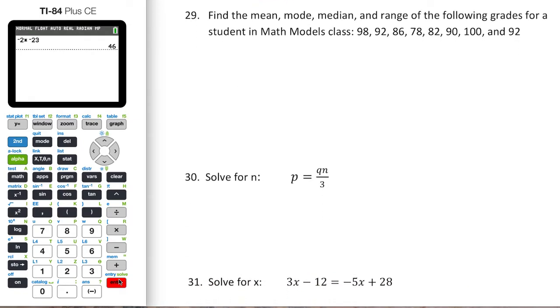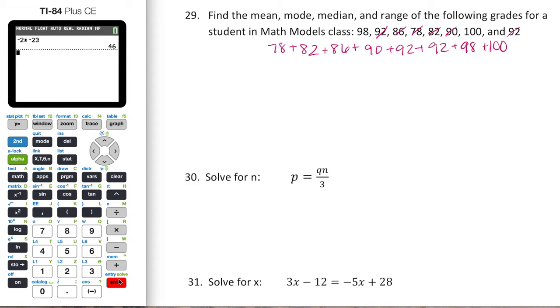All right, this following data. So mean, median, and mode. First thing I'm going to do is rewrite it in order. So if we write this in order from least to greatest, we are going to have 78, 82, 86, 90, 92, 92, 98, and 100. All right, so we have 1, 2, 3, 4, 5, 6, 7, 8